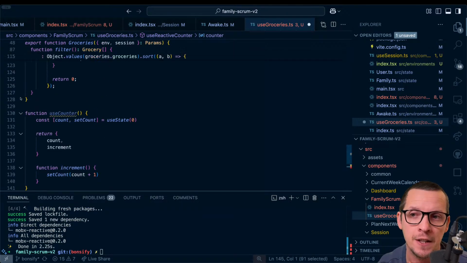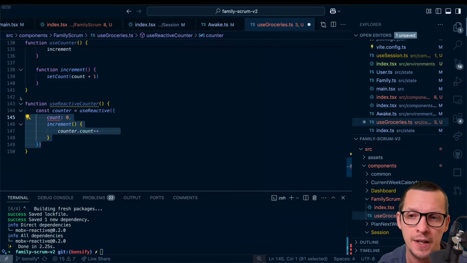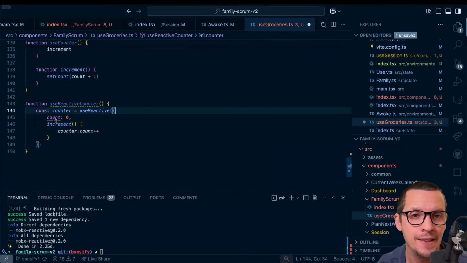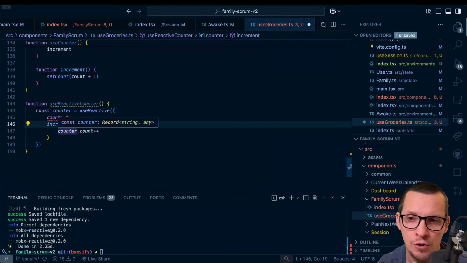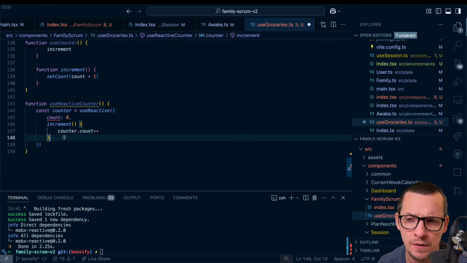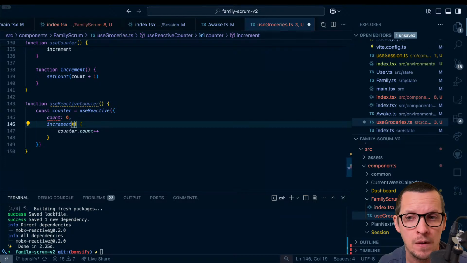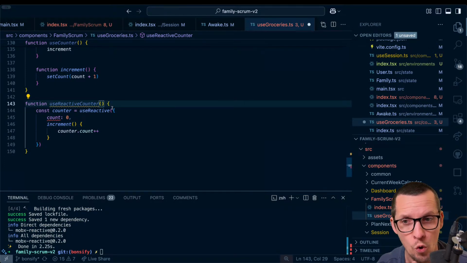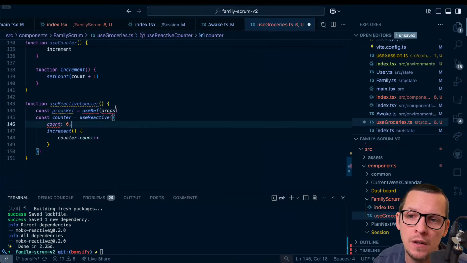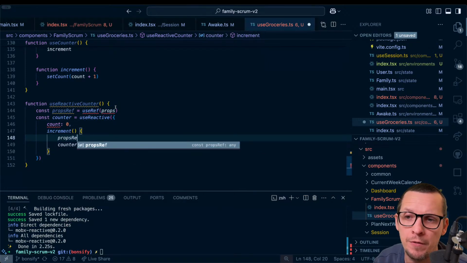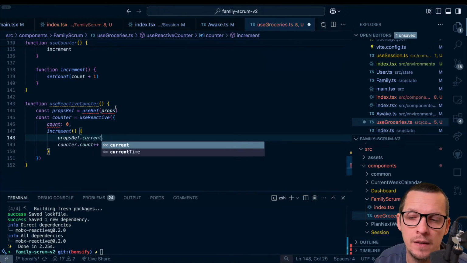It's a very theoretical problem that I just highlighted. And if you're using props, you can say that you shouldn't consume those props in your reactive functions. You should pass them as an argument from your component. Or you can say props ref, use ref props, and then you can use props ref.current, right?